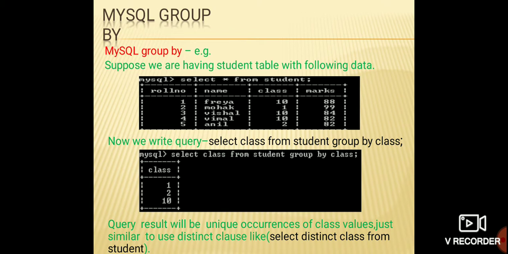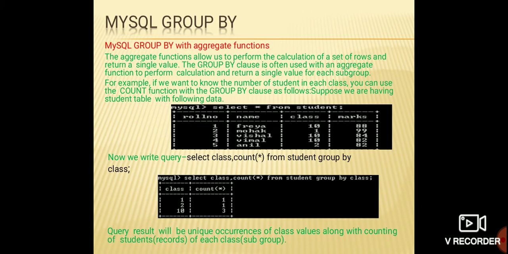The summary I have told you earlier, why we use group by. We use group by to extract the data in a summary format. So there are 3 data of class 10, so it will display only 10 once. Okay, next, the explanation also: the query result will be a unique occurrence of class values, just similar to using the distinct clause, like select distinct class from student. Okay, now with the help of aggregate function, if I want to show it,